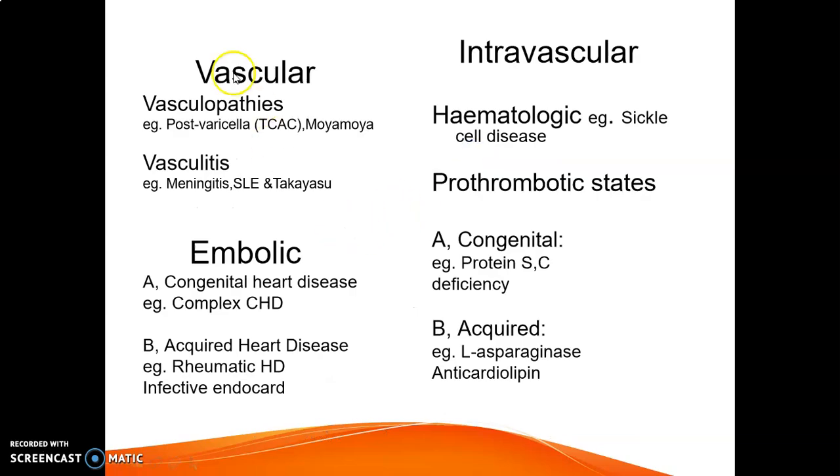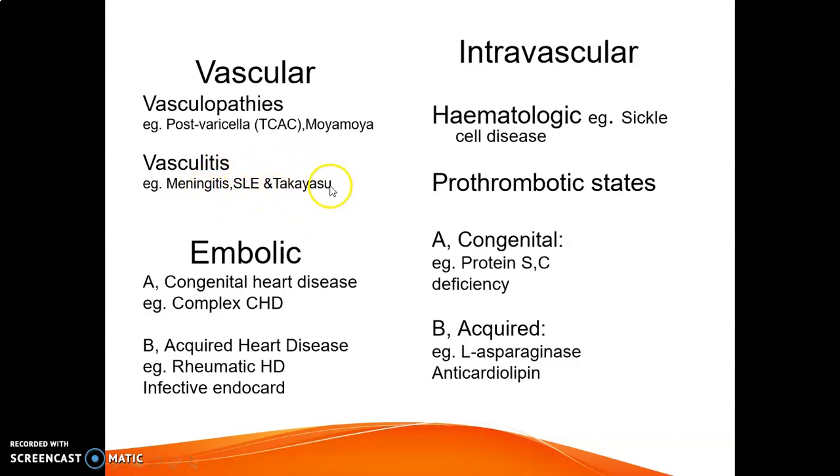So what are the risk factors? Risk factors which may lead to vascular insults are vasculopathies. Any vasculopathies, for example Moyamoya disease, most commonly seen in children, and post-varicella zoster. Vasculitis, inflammation of the vessels, leading to that inflammation may be due to some kind of infection and inflammation such as meningitis, systemic lupus erythematosus